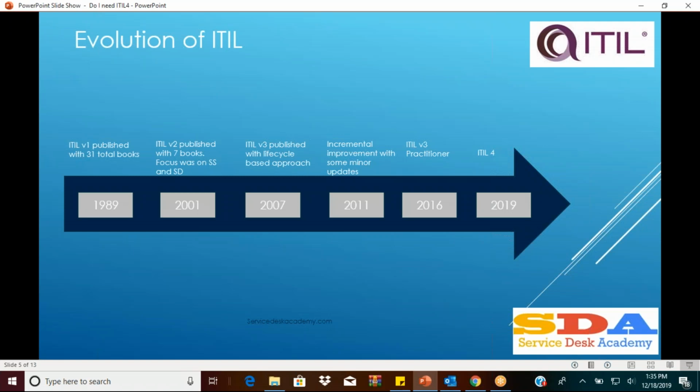The technology is increasing. And today, if you look at the technology, we have concepts like cloud, we have concepts like IoT, and we have also stepped into the fourth industrial revolution, right? So with respect to the technology, we are progressing ourselves, and in order to provide better guidance and best practices, ITIL has also had to evolve with respect to the technology. So this is the evolution of ITIL. Okay, so we will move on to the next slide,